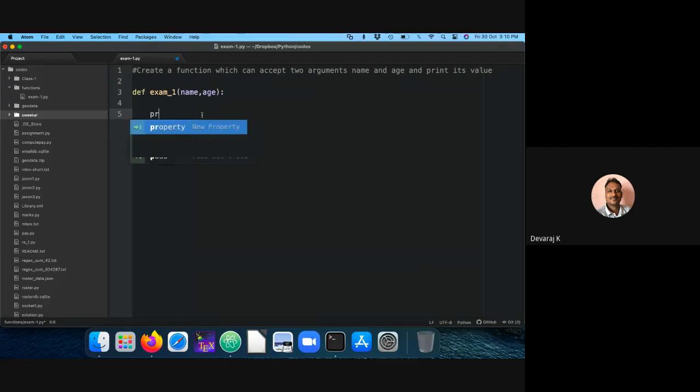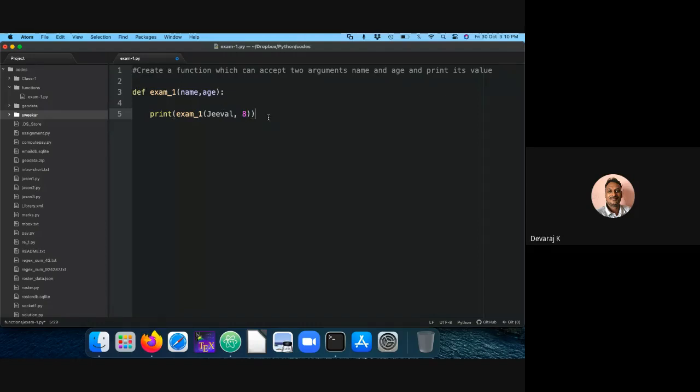I'm going to call print, and within the brackets I'm going to put some name. My daughter's name, let me put Jeeval, and she is 8 years. I'll close it.